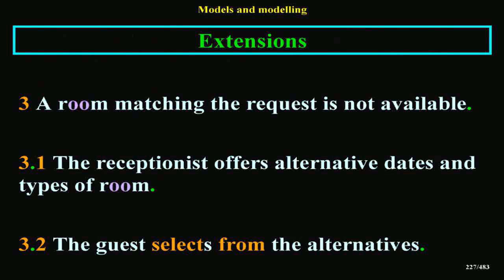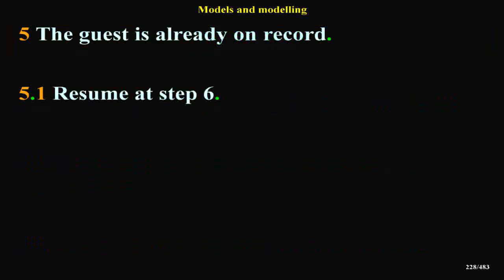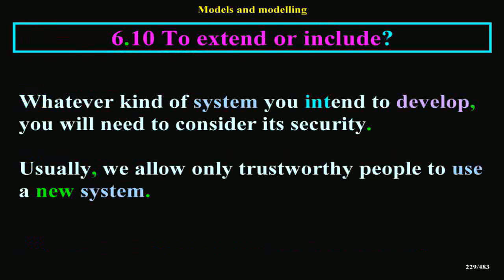Extensions. 3. A room matching the request is not available. 3.1. The receptionist offers alternative dates and types of room. 3.2. The guest selects from the alternatives. 5. The guest is already on record. 5.1. Resume at Step 6. 6.10. To extend or include whatever kind of system you intend to develop, you will need to consider its